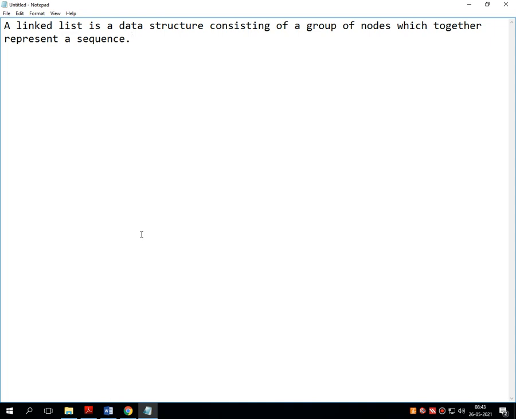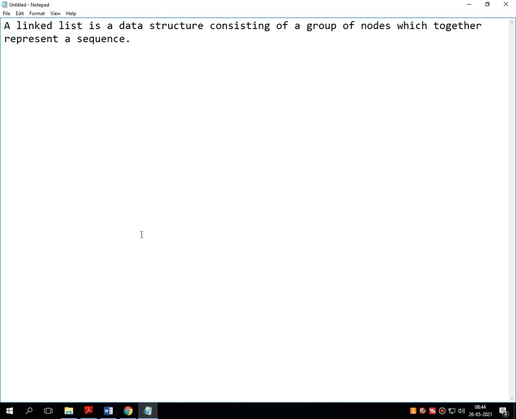We can take a general example of a linked list. Suppose we are wearing a gold chain around the neck. In that gold chain, one link is passed to the second link, which is passed to the third link, and the entire procedure goes up to the last one, and the last link is again passed into the first link.